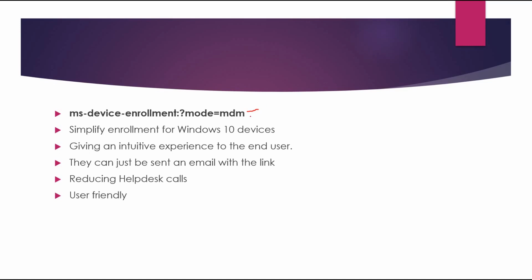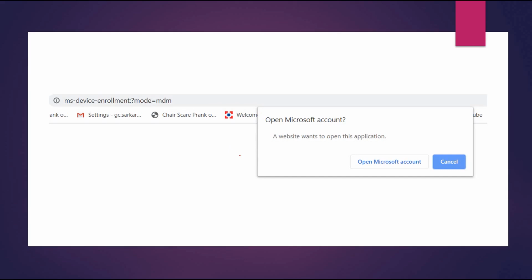All you'll have to do is provide your end users this hyperlink. The hyperlink comes down to the device. The end users just click on that hyperlink, and then this opens up. So over here you can say I clicked on that hyperlink. I can either go to the browser and enter that URL, or if there is a hyperlink I can click on it, and it just needs to redirect over here, and you can see it gives me the same option which says open Microsoft account. If I click on that, then